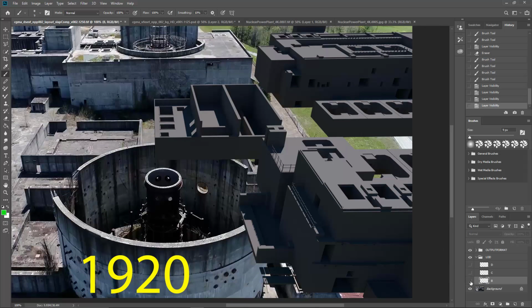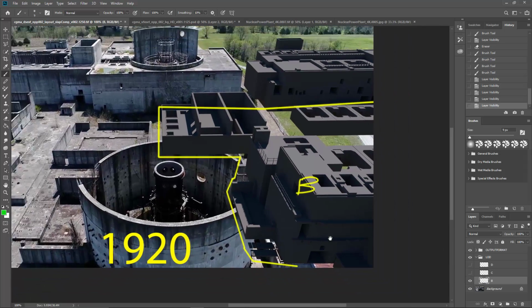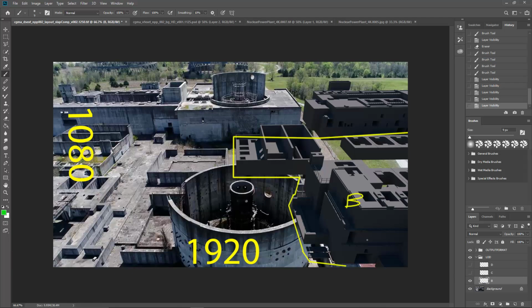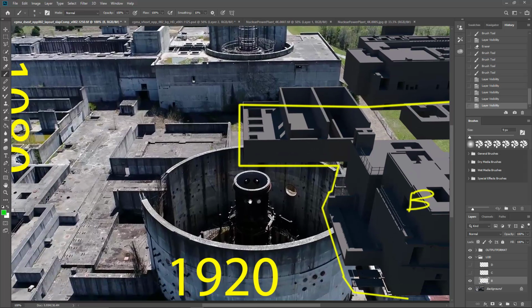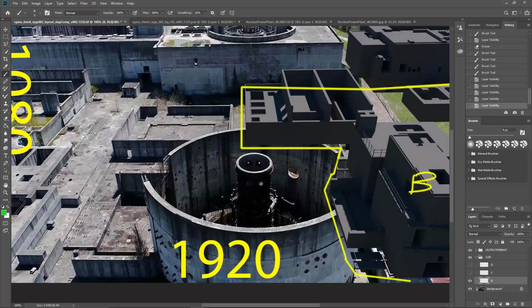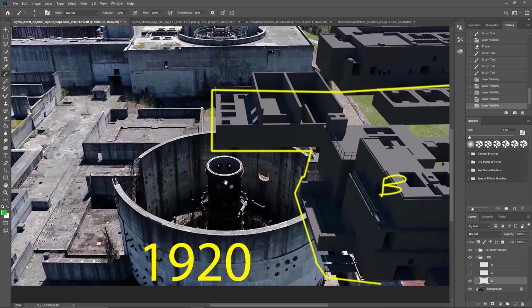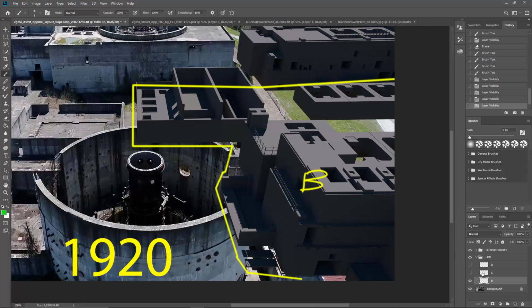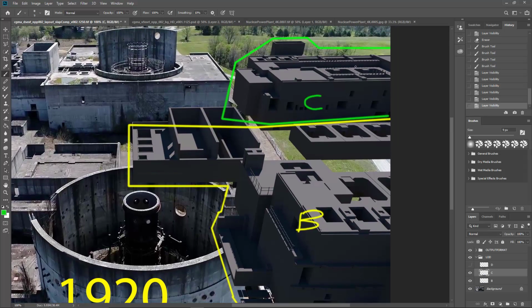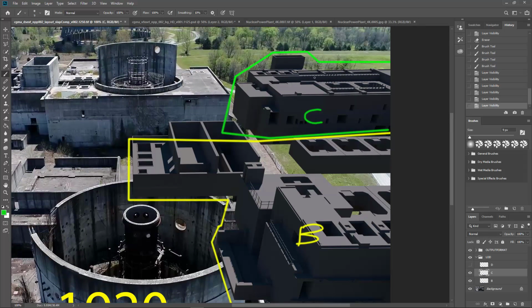So I've made a bit of a plan here showing the levels of detail that we're going to be working at. So nothing that we're going to be modeling is going to be level of detail A. So we don't need to go crazy with our resolution modeling. So this area here would fall under level of detail B, and the kind of details that we're going to be picking up will be the things that are going to be sticking out, and we'll go into a bit more detail about this soon. Beyond here, this is level of detail C, and so there's less detail required for this,